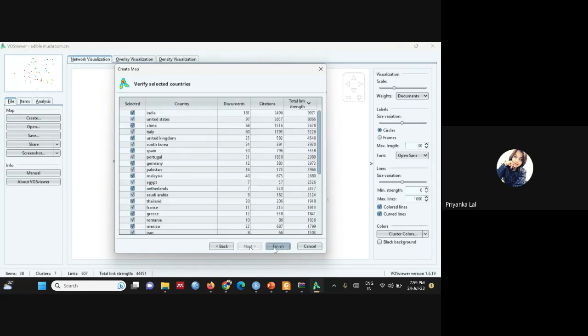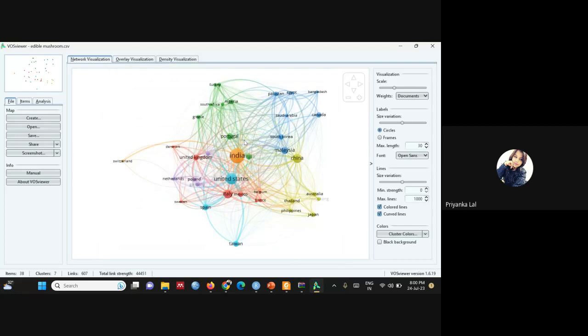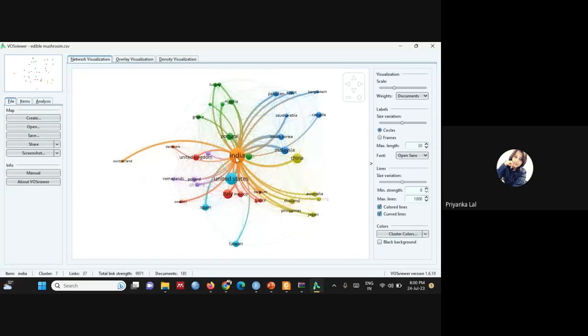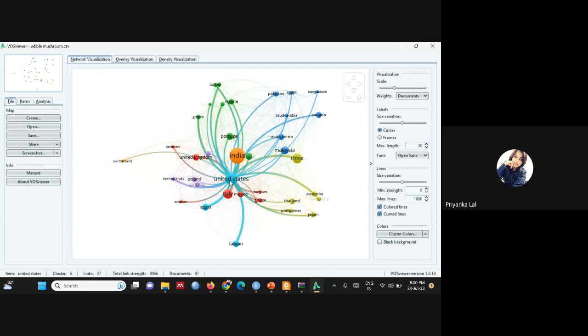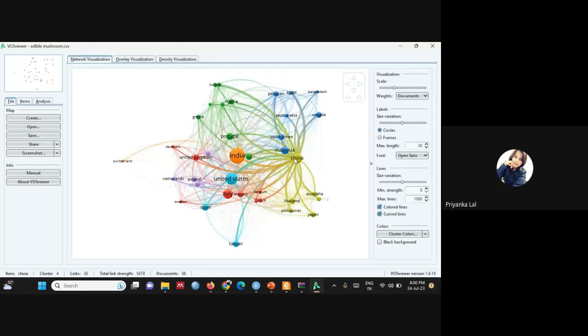All right, you can see here, right? Again, India, United States, China. Now let us see only India. India is collaborating with these many countries, right? This green color, all Portugal, Turkey, right? Then China. Okay, United States also. This is the linkage, isn't it? Then China. Again, these are the linkages. Okay, now this is how you have to